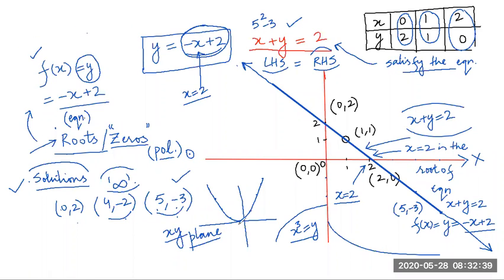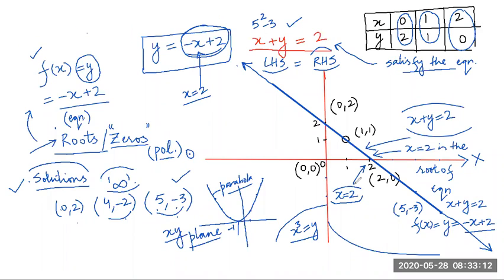In this case, the curve is cutting here. So in case this distance is 1, x is equal to minus 1 will be the root of this quadratic equation represented by this parabola. This is a parabola cutting the x-axis at x is equal to minus 1. Very interesting. In this case, this line is cutting the x-axis at x is equal to, speak students, 2. At x is equal to 2.